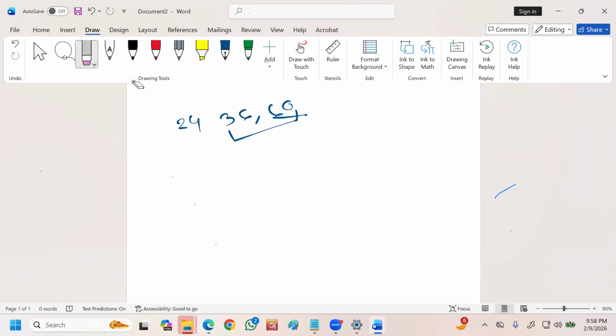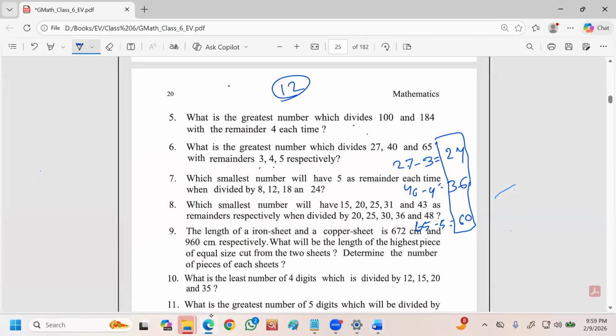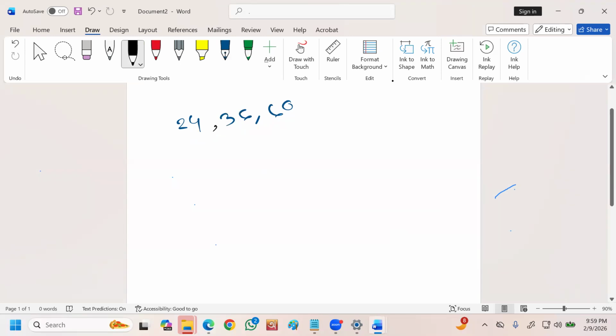What page number and question number is this? This is from the question of 6 from the page number of 20. Okay, now how can we calculate GCD of three number? So we have to use the smallest one and also another number from the rest of the two. So let's consider 24 first and dividing 36 with 24 now. Now, if we divide it, we can divide